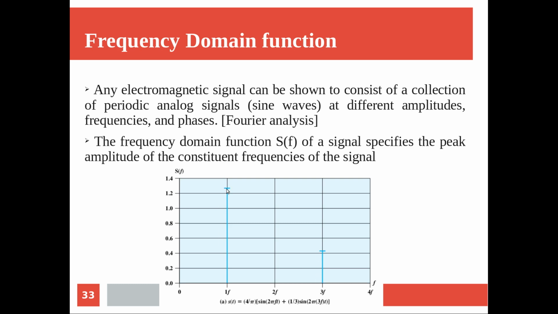If you look at the diagram you will understand that corresponding to f we got 1 plus some value, and after that addition, this value, some 1.33. Because one of the signals we took is of amplitude 1, another one is 0.33. So, together after adding we are getting the new one, and corresponding to 3f, that 0.33 plus some value. So, this is the value we are getting. So, for the previous example, its corresponding frequency domain plot is this one.